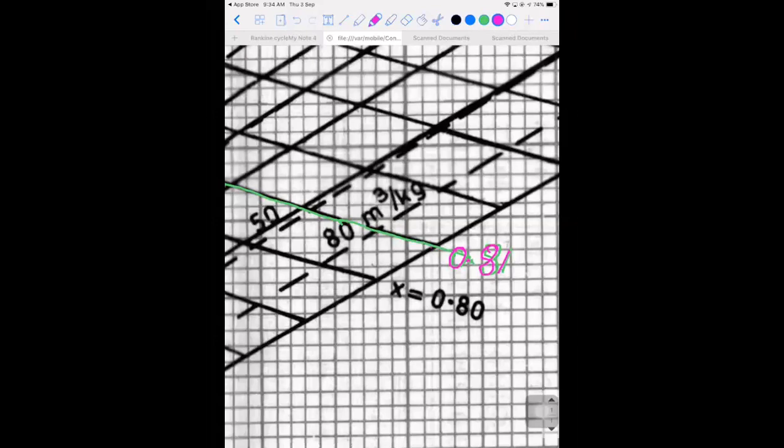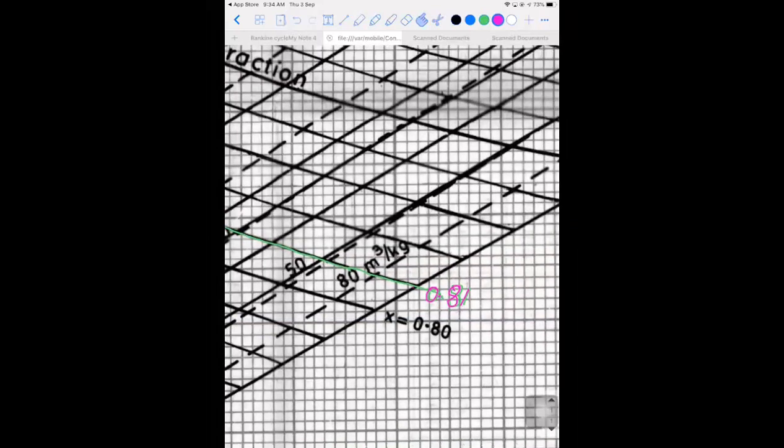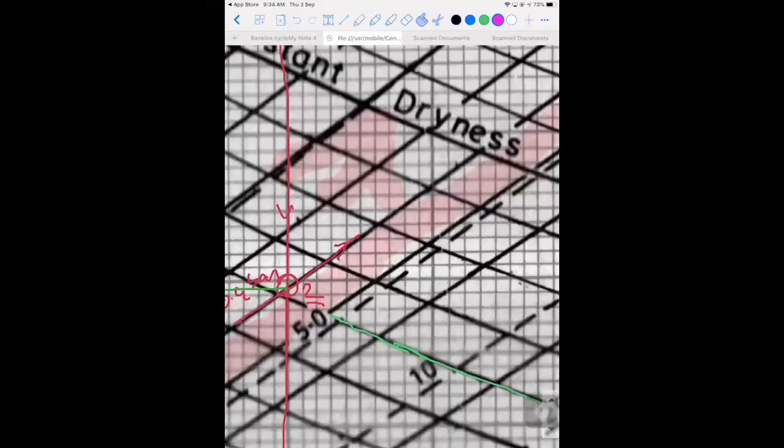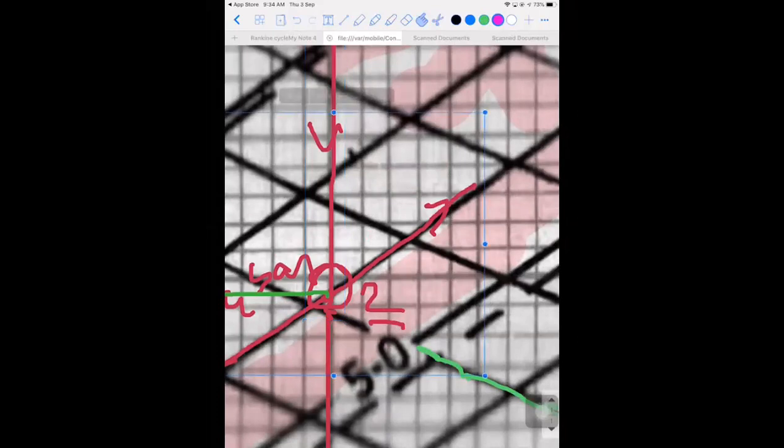This is the nearest one, so it's not exact. You can observe the same thing. So that's why whatever values we get with this are Mollier chart approximation only. Yes, sir. The point 2 is not on this line, but still we are going to take the nearest passing. Okay, sir. This is equal to 0.81. That is the point you have to keep in mind. X2 is 0.81. Yes, sir.